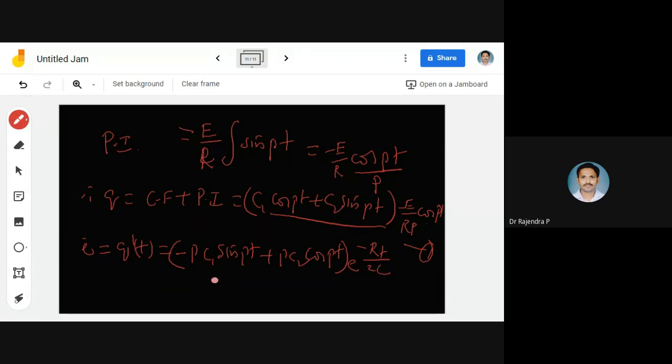So next time we will keep that as it is, plus E power minus RT by 2L. What is the derivative of this with respect to T? Minus R by L, right? R by 2L, minus R by 2L. E power minus RT by 2L into the remaining part, C1 cos Pt plus C2 sin Pt. Okay, this will be there. Got it? Okay.